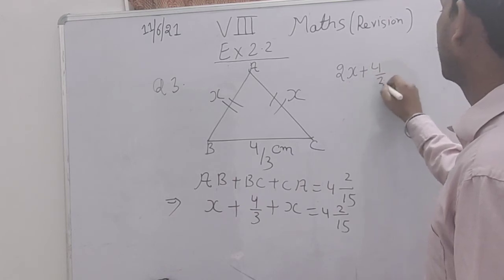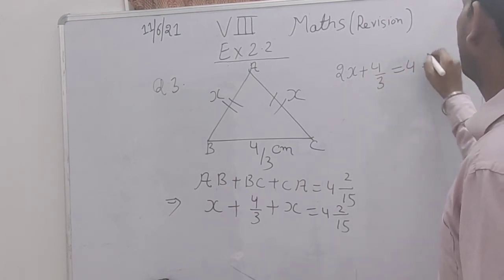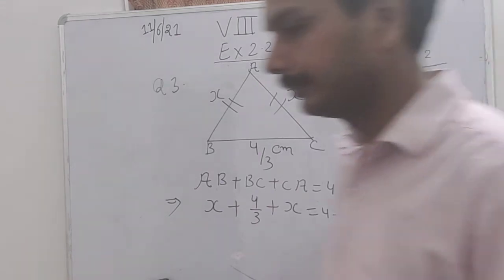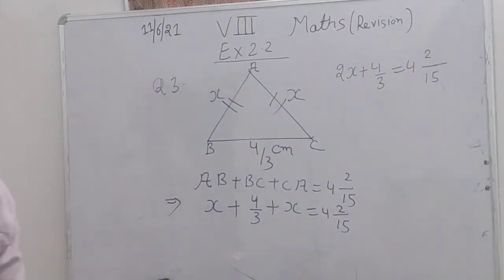Plus 4 by 3 is equal to 4 whole 2 upon 15. This will be the answer. 2x plus 4 by 3 is equal to 4 whole 2 upon 15, and then you will solve this question and you will get the value of x. Okay, now the next word problem